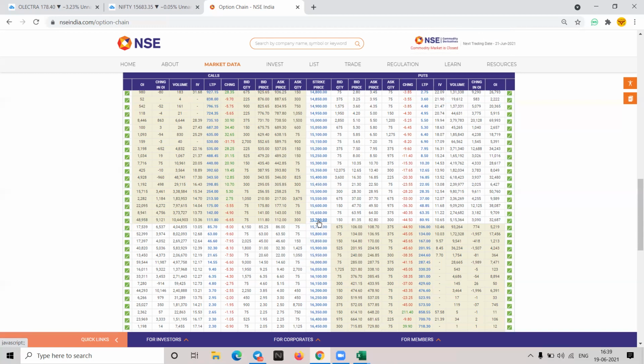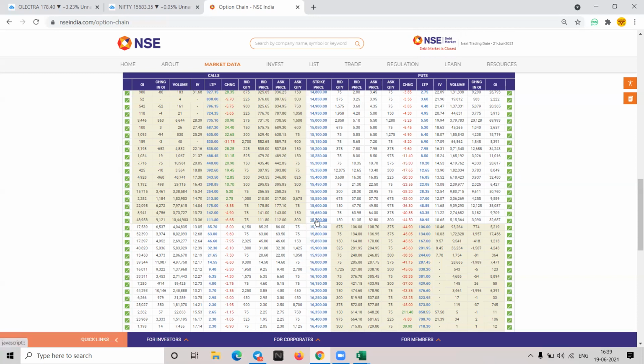So this is how options work. If you want to buy 1 share of Nifty, the price is 15,700. But here, instead of paying 15,700, you take a contract where you only pay a very small amount, which is this last traded price, 140.85. By paying a very small amount, you are entering into a contract. And this contract of course has an expiry, which I'll explain to you.